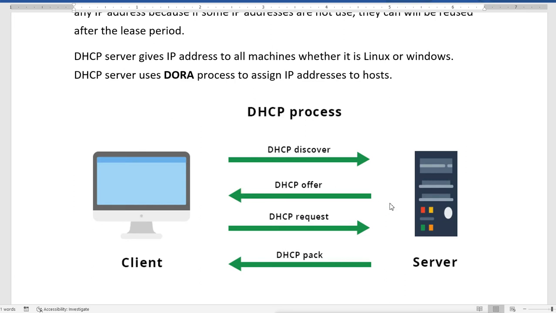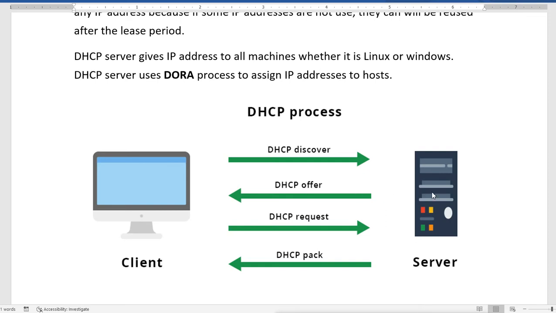Now, if the DHCP server is available, when it gets the discover packet, the DHCP server will send the DHCP offer packet. This offer packet will also go as a broadcast, but in the MAC address field it has the MAC address of this client machine, so the client machine will accept the packet, and other machines will not accept it. So this DHCP offer goes to the client machine, and the client machine accepts the DHCP offer packet. Now what is the information in the offer packet?